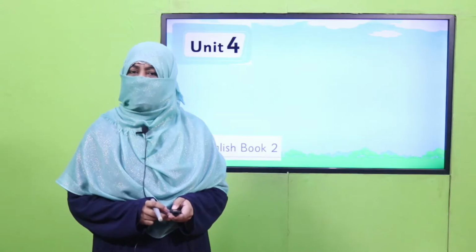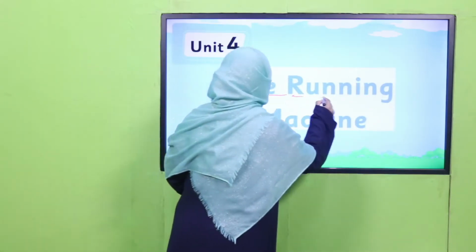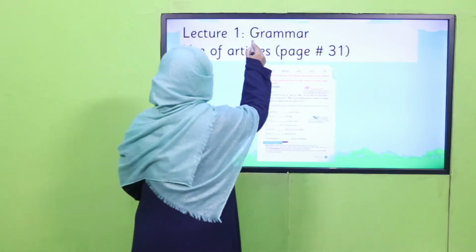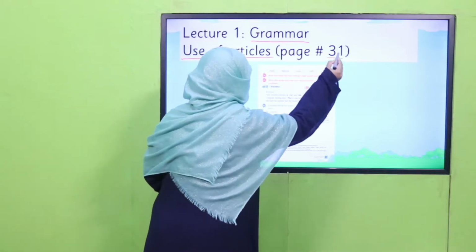We are going to start unit 4. It's a story with the title, The Running Machine. Today's lecture 1, under the title of grammar, we'll learn the use of articles and we'll cover page number 31